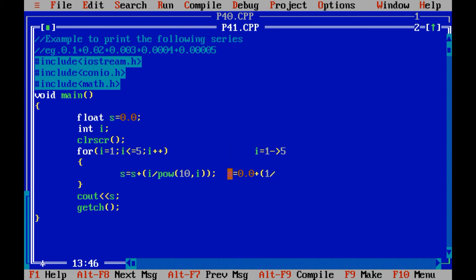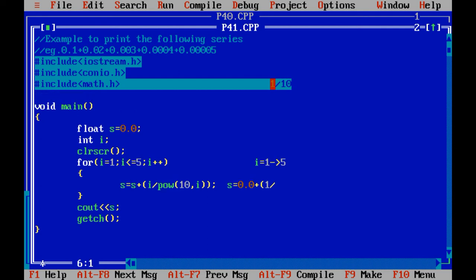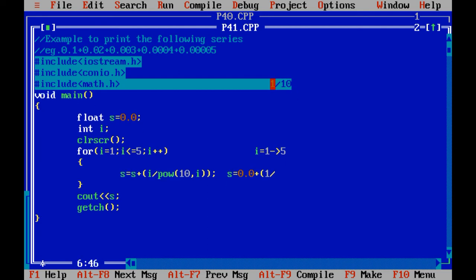See, for which purpose I have taken this function, let me clear out. For the first term, that is equal to 1 divided by 10. The second term is 2 divided by 100, right? So that you can get this answer. 1 divided by 10 means 0.1. 2 divided by 100 means 0.02.